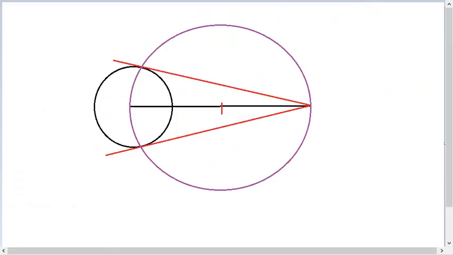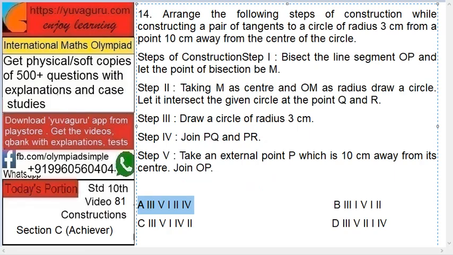The problem is over here. So basically what we have to do is, after we draw this OP, bisect it. Bisect it using the compass, 2 arcs and all that, okay? Once you bisect it, then draw a circle. This will touch P and O both, and it will cut this circle at these 2 points. Now draw tangents from P to these cut points, and these are the tangents. That's the basic step. So the logic is first the circle, then 10 centimeters or 12, whatever is given. Then bisect this segment, draw the circle, it will cut, and join these 2 points. Okay, that's the answer. So A is the correct answer.